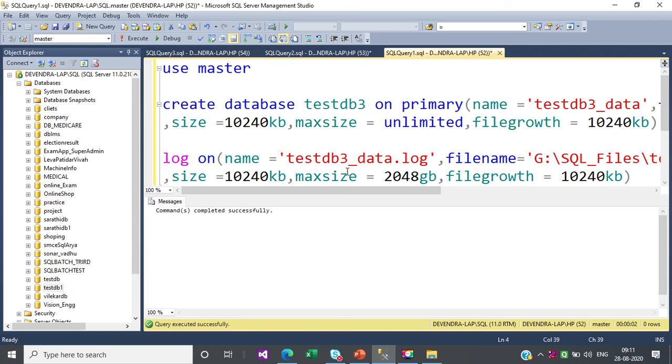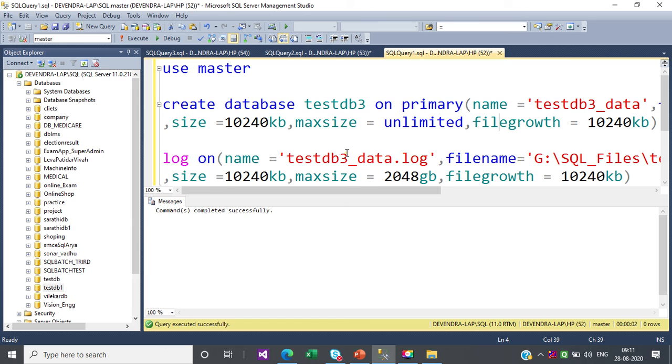So yes, guys, this is all about the data files. We have two data files, the primary data file and the log data file. The primary data file contains all the database object information along with the data, and in the log data file we have the transaction related information. That means whatever queries we are performing, all that information is stored in the log data file.